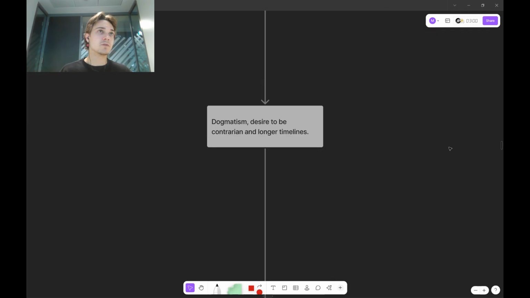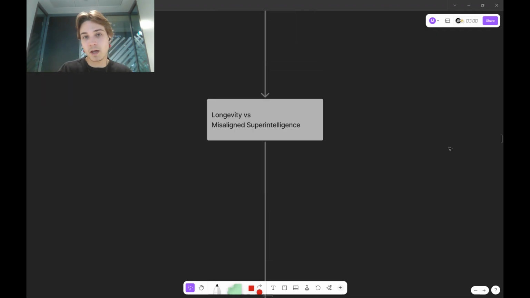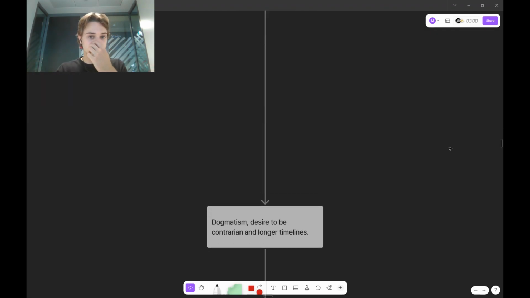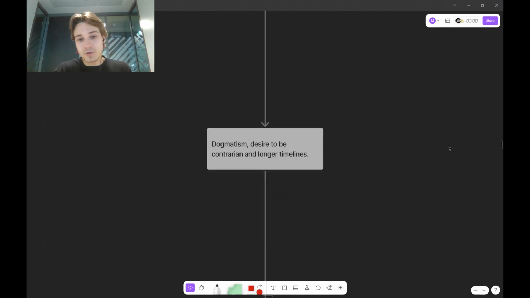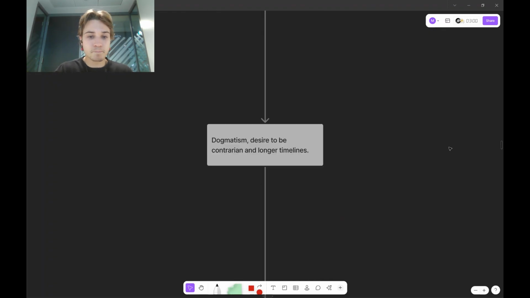So I think those are one of the main mistakes I was making, and not taking misaligned superintelligence seriously. So just a simple lack of rationality, clarity of mind, as always, right? And so